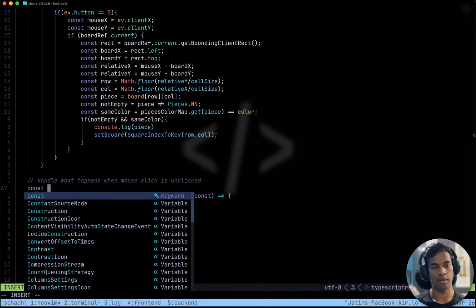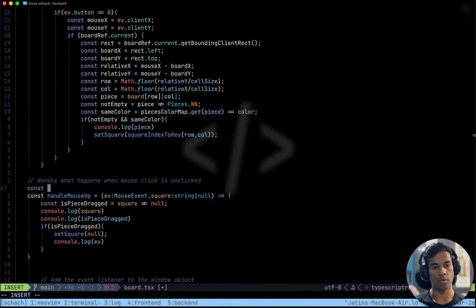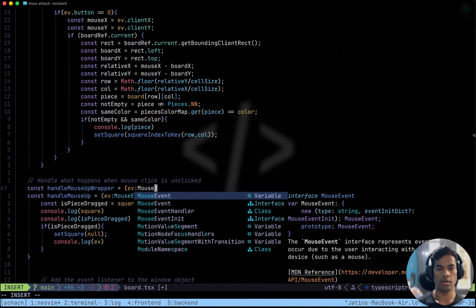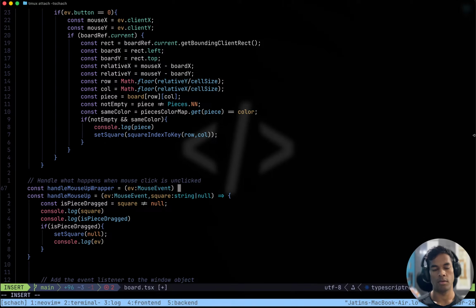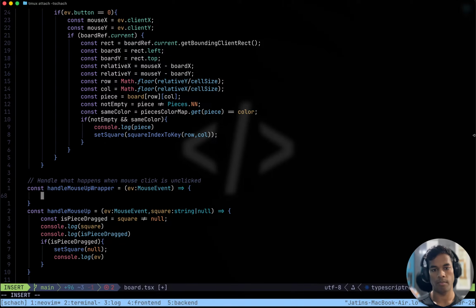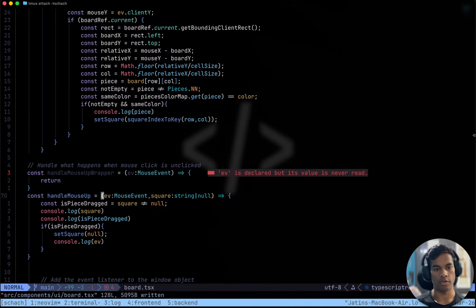Here, const handleMouseUpWrapper, and this thing takes in ev, a mouse event, and returns this function. Cool.